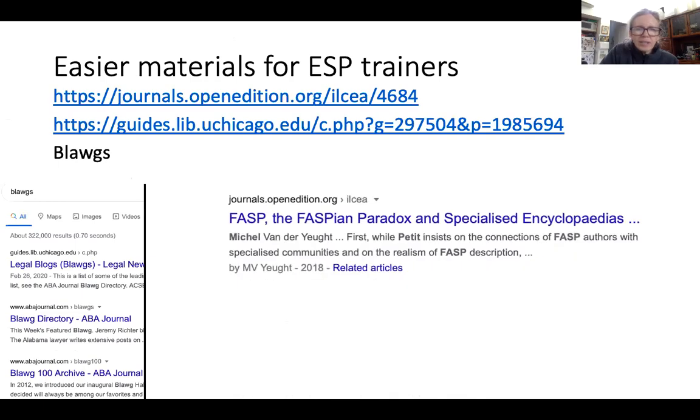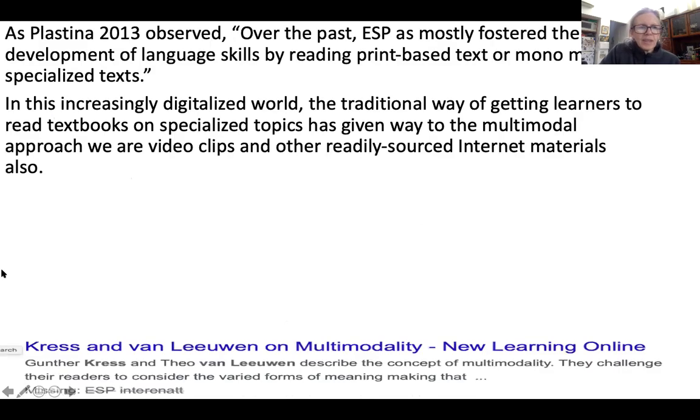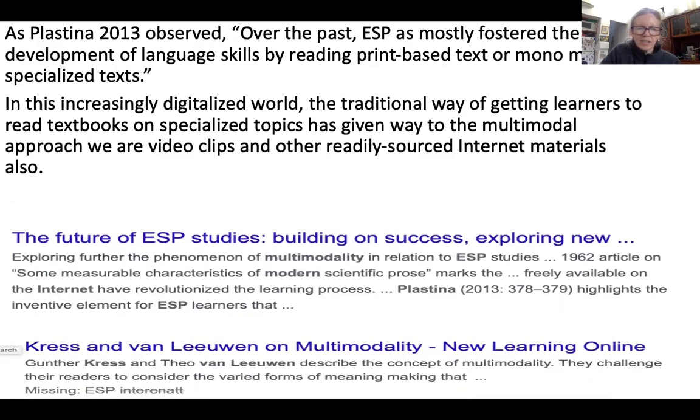Alrighty, and this is talking about ESP, which is someone called Michelle Pitti who did lots of encyclopedic studies on ESP. And legal blogs written in easy English are called blogs. Check out them. A lady called Platicina in 2013 saying that we need to look at more specialised texts. And also these people, Kress and Van Leeuwen, talk about multi-modality, meaning we need to be in touch with online